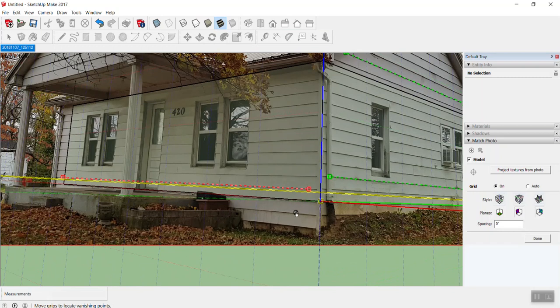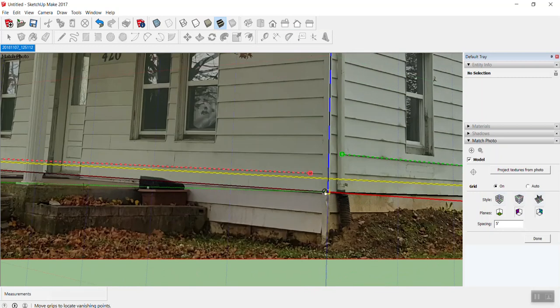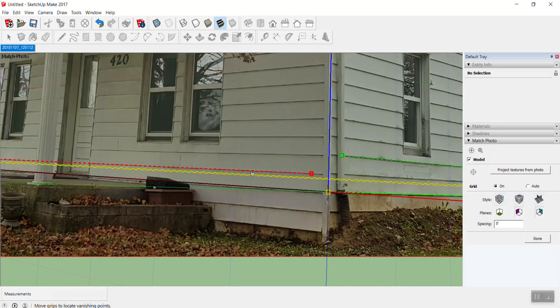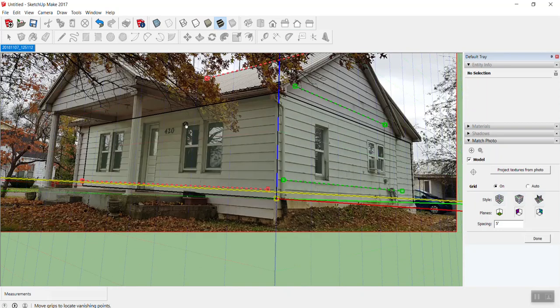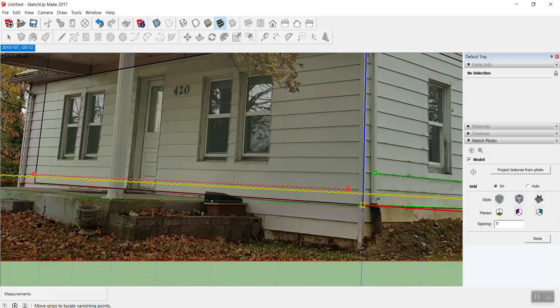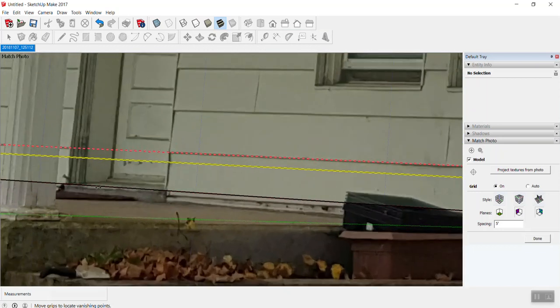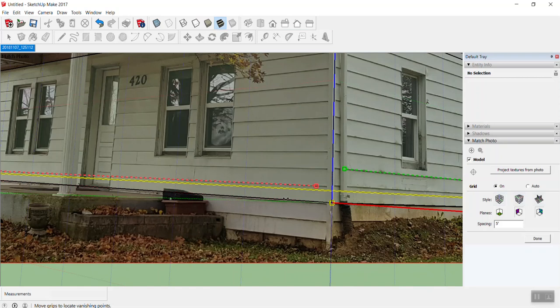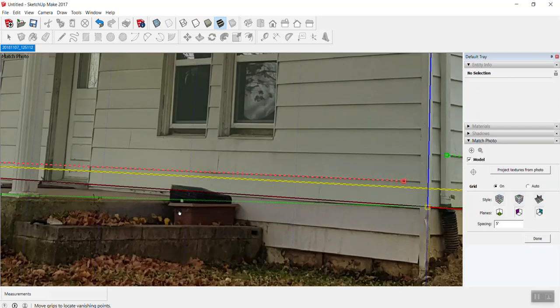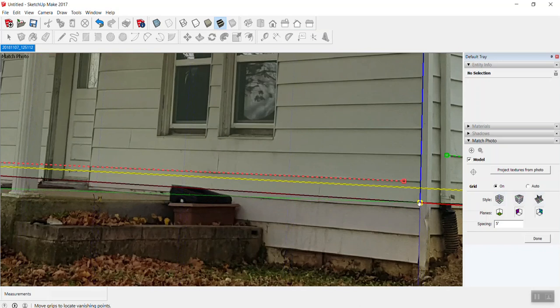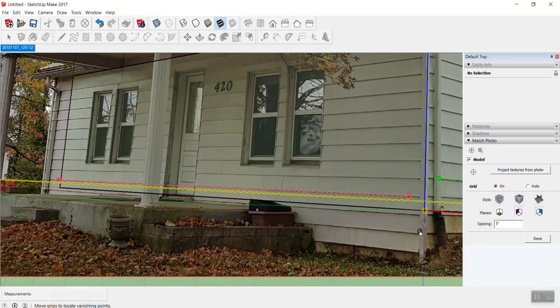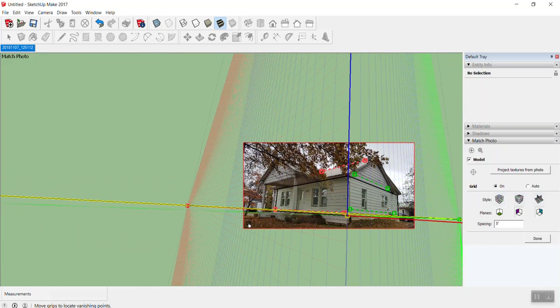So now I'm going to set my origin a little bit better, and I want my origin to be on the corner of the house, and I want to see the bottom of this plane, this front surface. So my red axis, I want it to be at the bottom of the door, so the floor level. So I'm going to have the door and the corner in my frame, and I'm going to grab the origin and move it to where I'm lined up with the bottom of the door and the corner of the house. So now my origin is set,